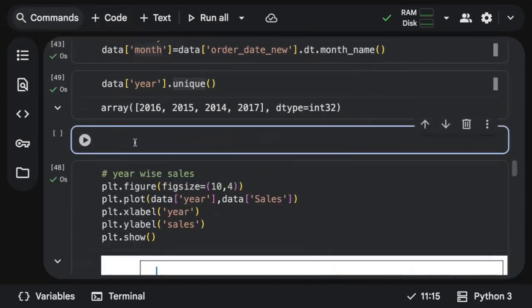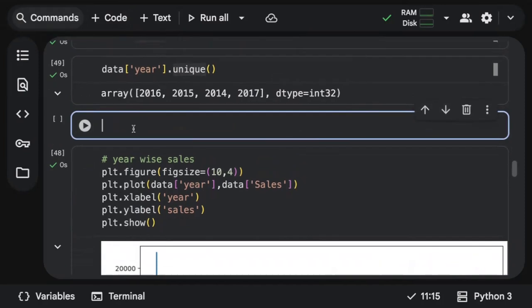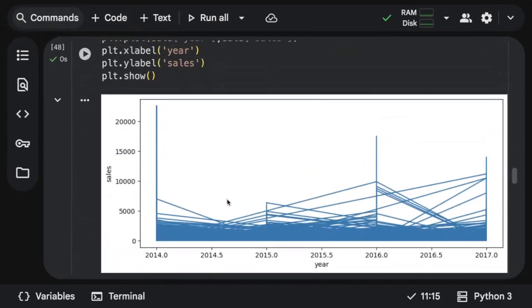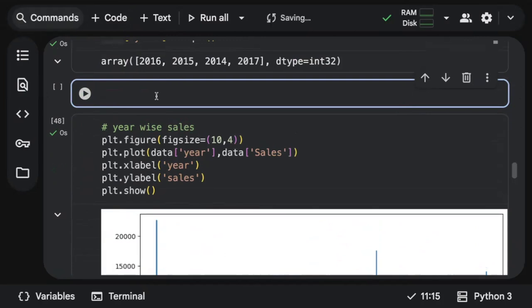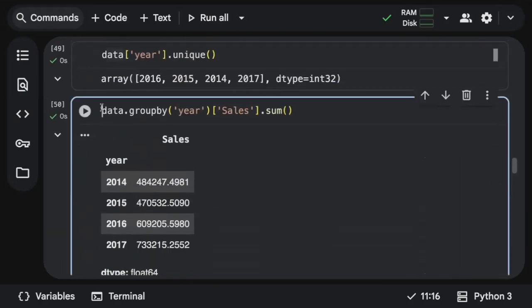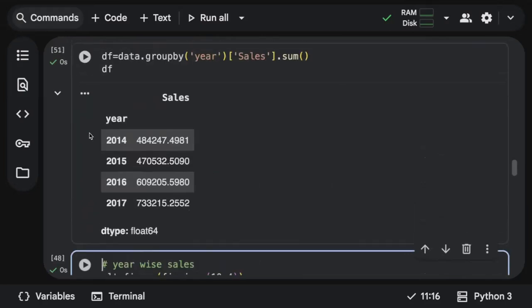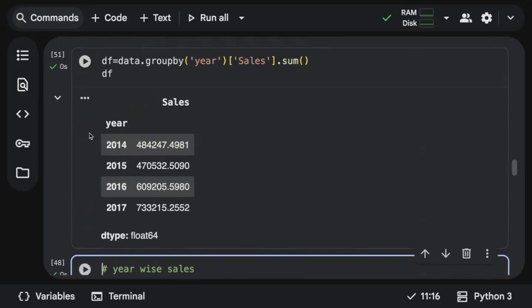So what do people have to do? Whenever you plot a line chart with respect to a year, always remember, instead of going directly with a line chart, what you have to do is use a group by. You know group by, right? So data dot, always group it based on your year, and then use an aggregate which is sales, and try to find the sum of sales with respect to every year. Then I'll assign it to a new variable, year-wise sales.